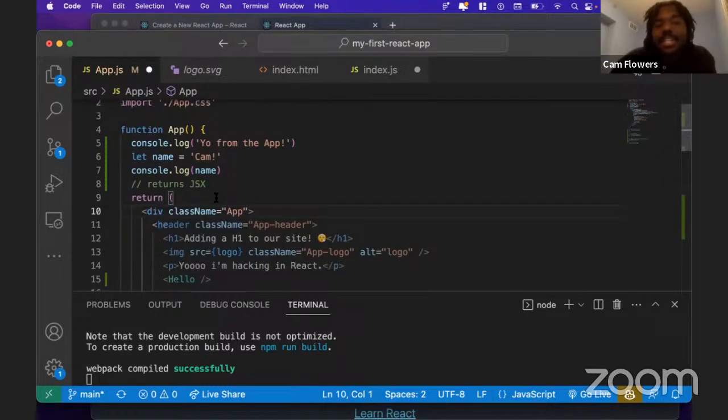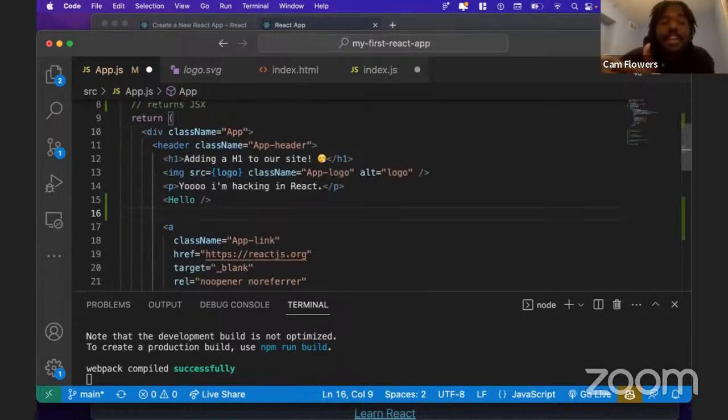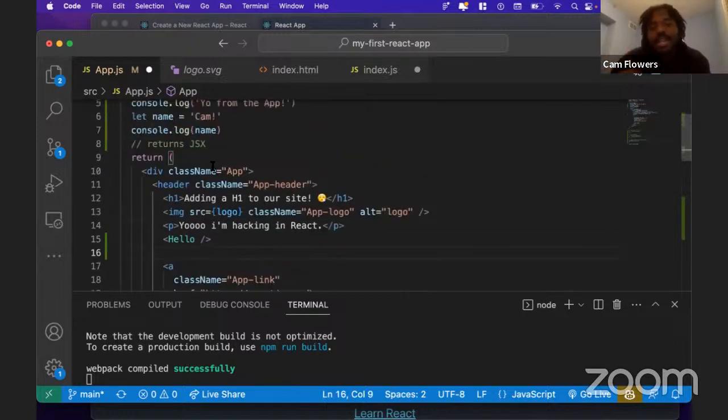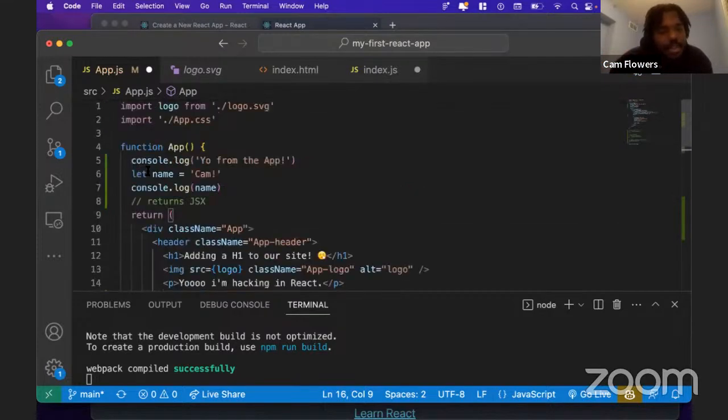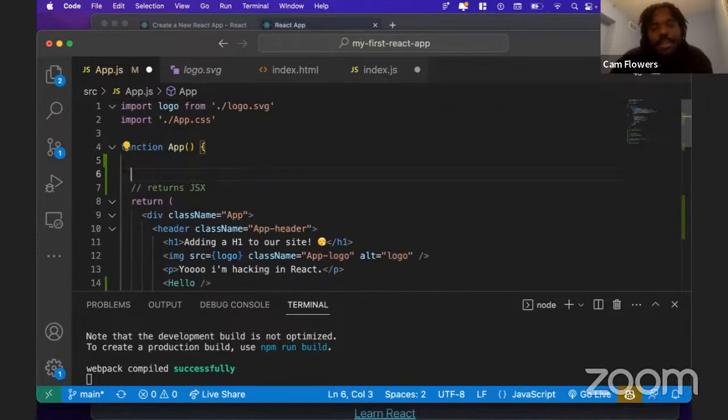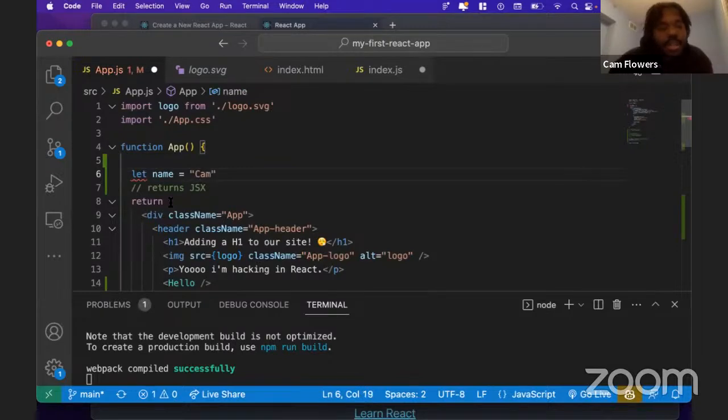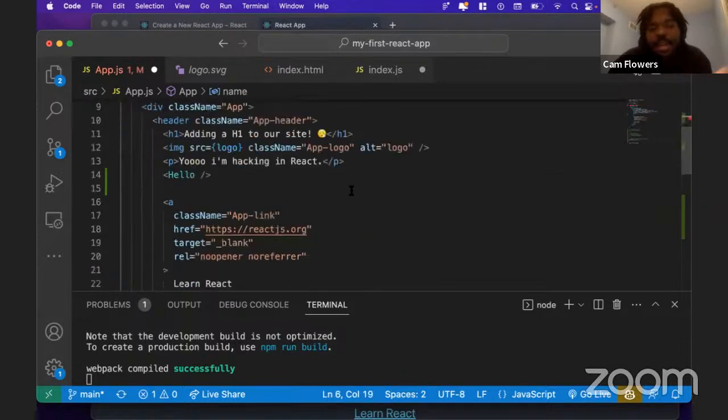Basically there's two ways to call JavaScript inside of the JSX. If you're just calling a JavaScript variable, I'll show you that in a second. Let's say here I created a new variable, let's call it name, and I set that name to be my name as a string or something. If I wanted to refer to this variable inside of this JSX,